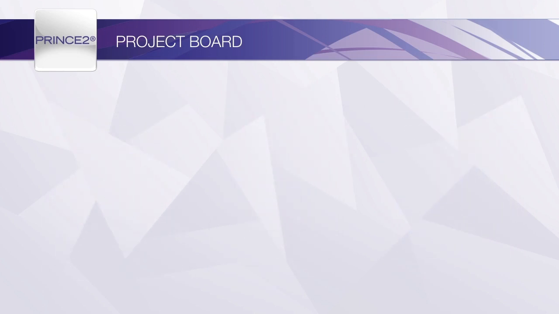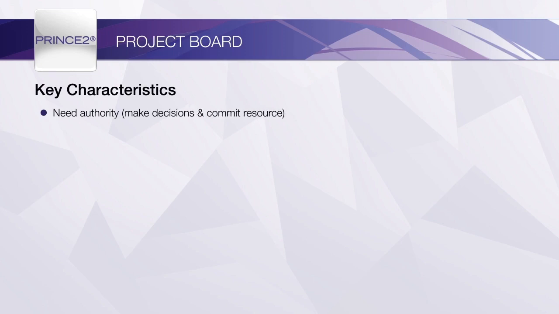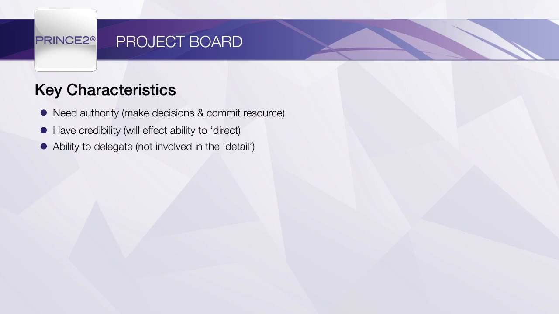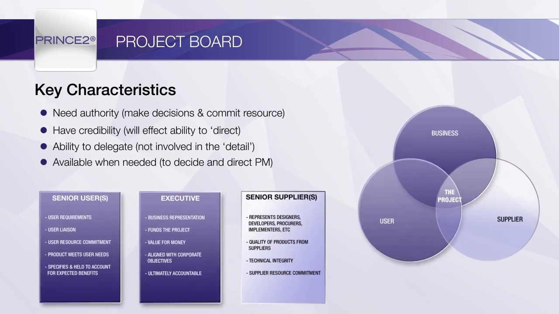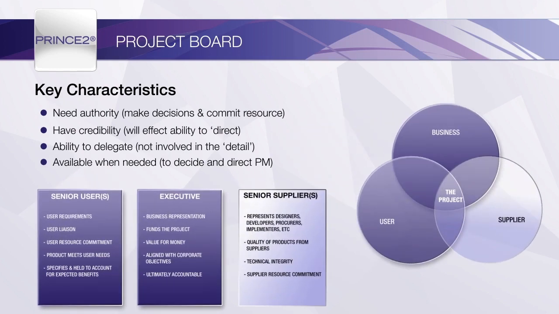When selecting people to fulfill the project board roles, the key characteristics to look for are having the authority to commit to the required spend and resources, their credibility in the role, their ability to delegate rather than micromanage, and their availability throughout the project. In particular, those assigned to the executive and project manager roles should ideally be able to remain with the project throughout its life cycle. As always within PRINCE2, the roles must be tuned to reflect the organisation's culture, the nature of the project, and the individuals appointed. This will always increase the chance of a successful outcome.